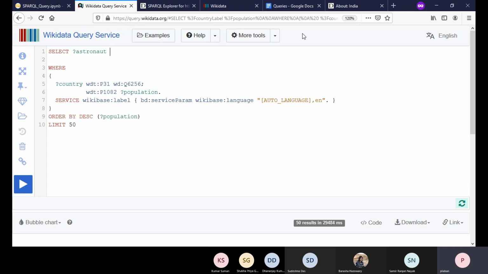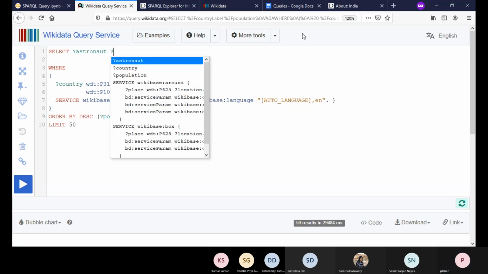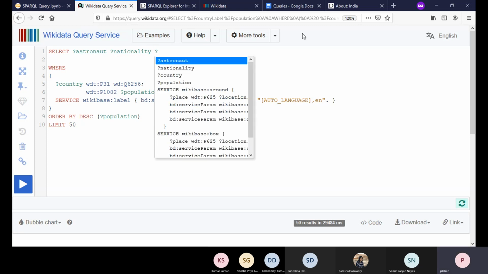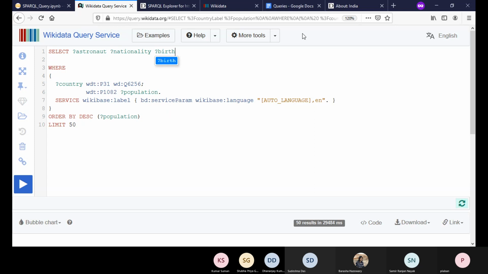Be careful about the spellings. We have to stick to the same string in different places. And then we want the birthplace and the nationality. So these are the three things we want to have.